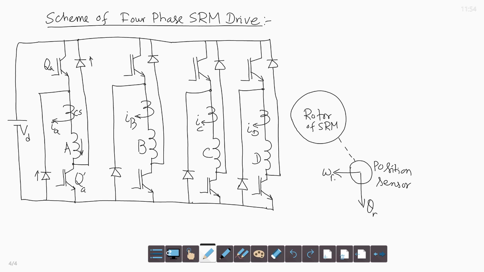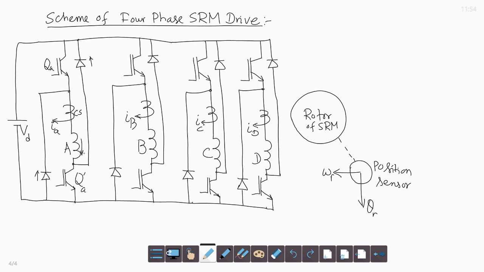So, as you can see in this figure, a pair of opposite stator poles like A of phase A is supplied by converter phase A. This is the converter A phase, and which carries unidirectional current, as you can see here, and current pulses in the phase are synchronized with the rotor position. Rotor position information is obtained and an absolute position encoder must be used, and 4 phases are supplied from a 4-phase voltage fed IGBT converter which excites the respective machine phases in sequence so as to provide unidirectional torque.